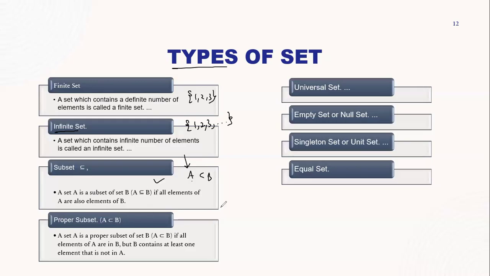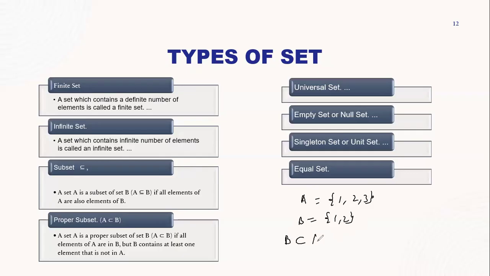Proper subset. The subset sign will be visible to you in two formats. One is this format and the other is the proper format. Let me tell you one thing. A is 1, 2 and 3 and B is 1 and 2. Now B contains only two elements of A. So we will write the symbol B is a subset of A. Subset means a sub portion of A contained in B.